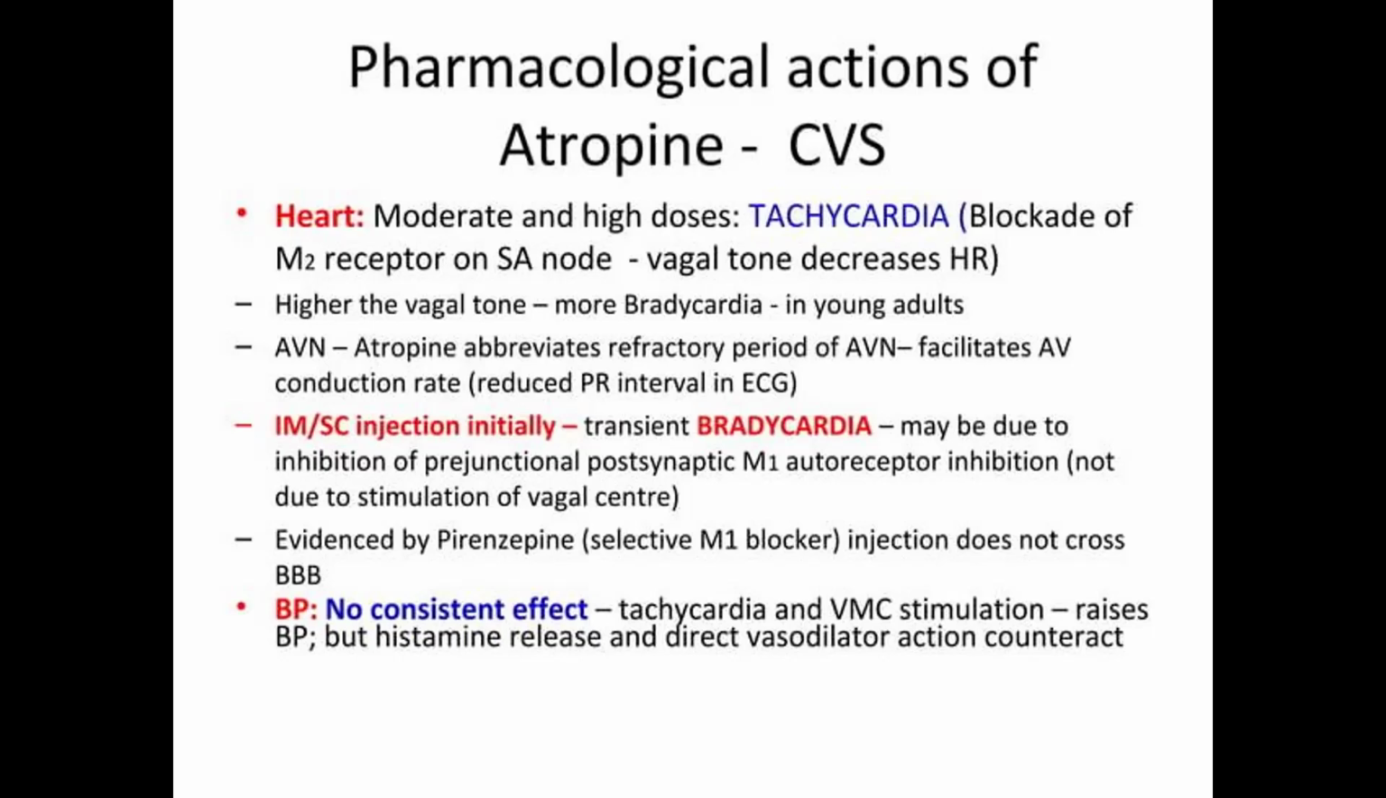Why? Because initially it causes bradycardia. Why? Because it inhibits the pre-junctional postsynaptic M1 autoreceptor. Okay, so that's a very different thing. Because of that M1 autoreceptor inhibition, not because of M2 receptor blockade, there is the stimulation of vagal center. So because of that effect, initially you can see bradycardia, but once you increase the dose, you will see